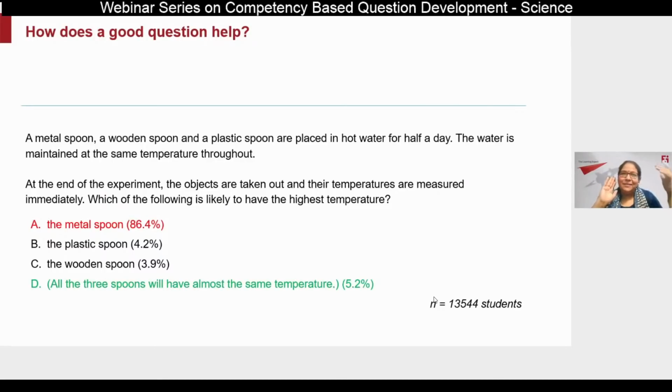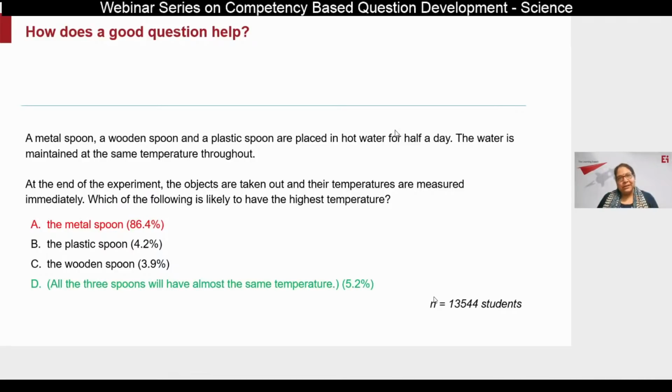we keep hearing these lines, right? Metals are good conductors, wood is a poor conductor, and these things are so ingrained into us that the moment there is a question that compares a metal and a wood, my tendency would be to choose metal as the good conductor, because I'm wired to think that way. Now, what this question does, it does not ask which one is a good conductor. It gives me a situation, and within the situation, it also has a couple of very specific details.